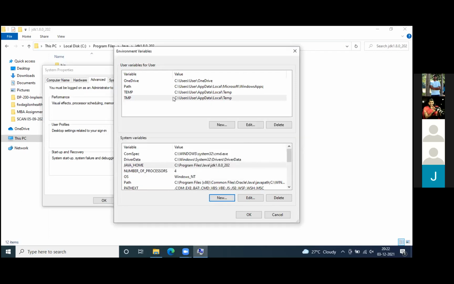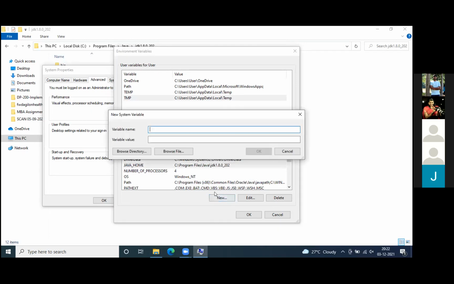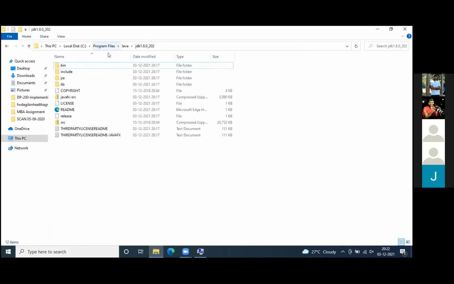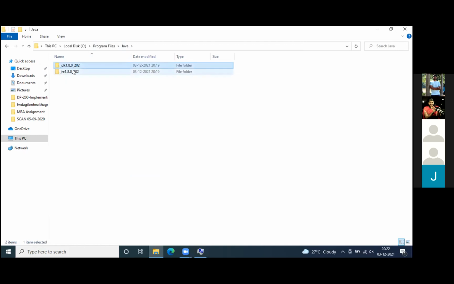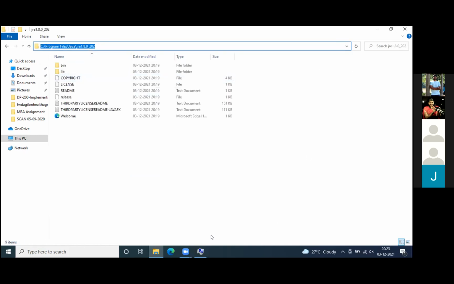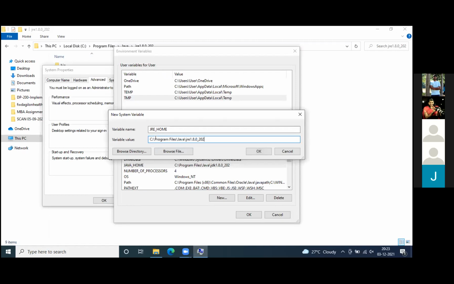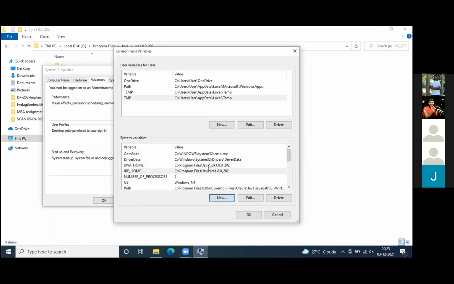Now create one more variable as JRE_HOME in the same system variable section. This is to run your Java programs, or anything which you need to expand your version level. For that, you again have a separate JRE version configured in your system, right? Under Java, you had a JRE. Take that reference, copy that path and paste it over there. Now the two sections are done. Now go to the Path variable which you already have in that section. If you scroll a little down, you'll be able to see the path.